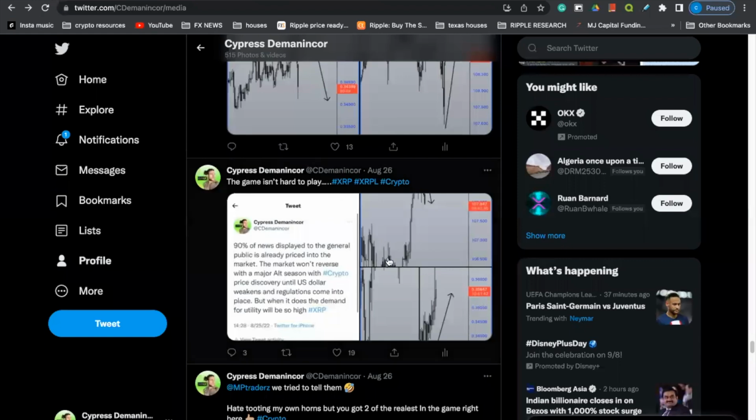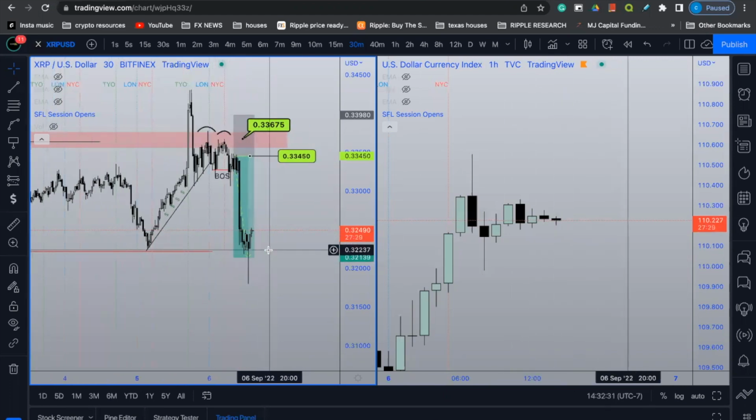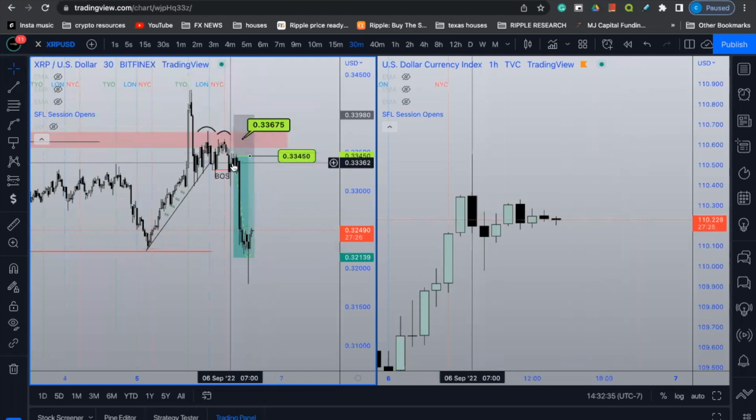All it is that I'm depicting to do here is teach you guys how I intraday scalp the market. Now, I've told you guys in past video breakdowns that if price is above 32 cents, I'm going to seek to take buy and sell positions in the form of intraday scalps on XRP. With that being said, that leads me into today's video breakdown.